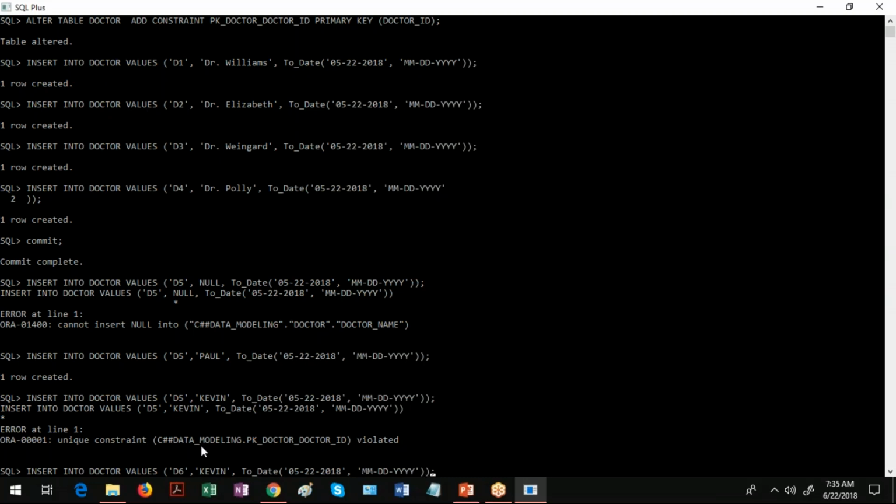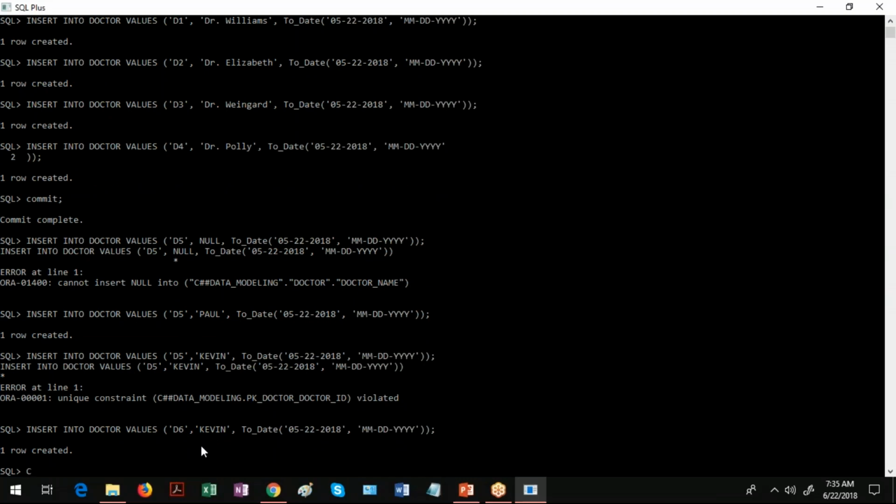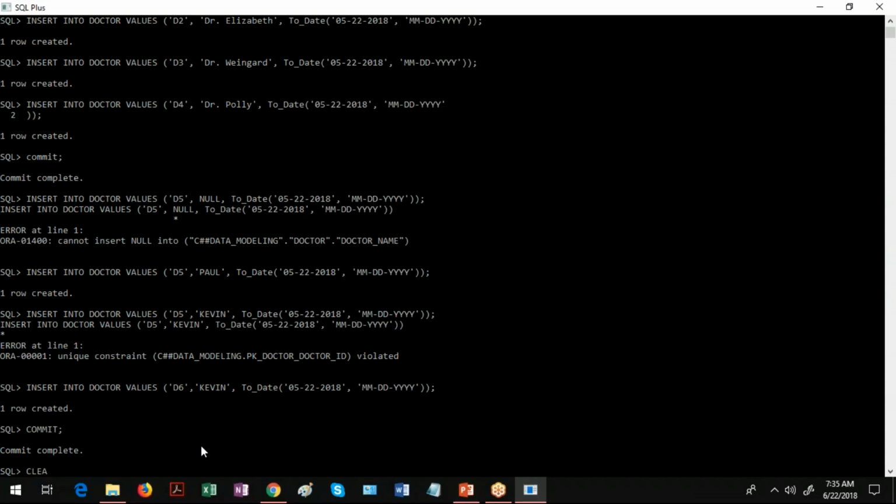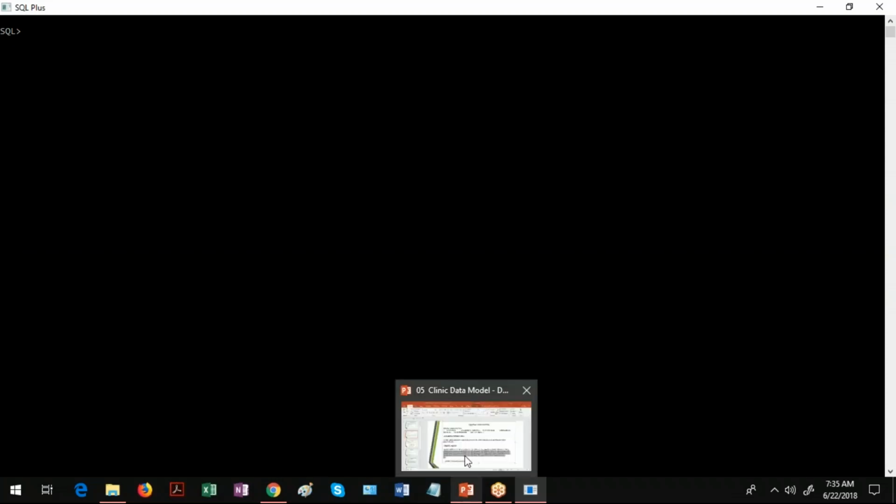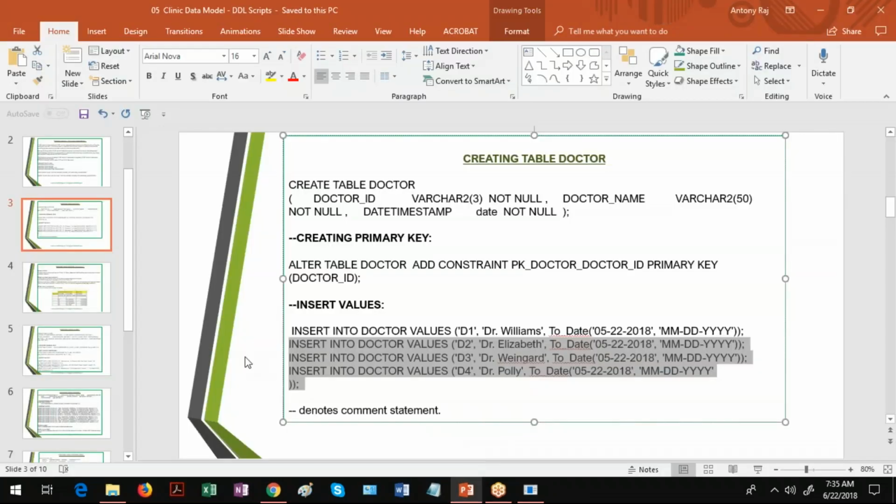Now this record has to be inserted in the table. One row created. To permanently push it, I give the commit statement. Then I clear the screen. So in this example, we have created one table. You have known what a primary key is, what a data type is, what a column is, and what a not null constraint is. Now we'll go to the second one.